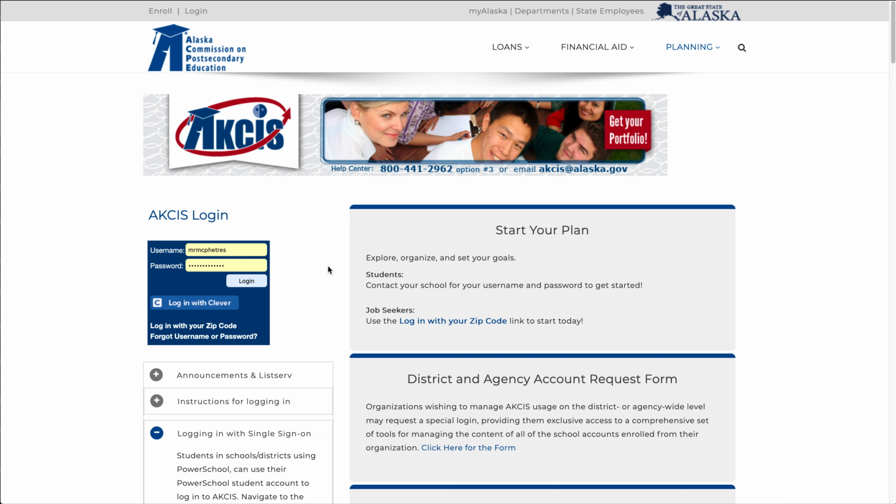Here's the deal on how to tabulate all your information for your resume. The first step is to get yourself logged into AKCIS.org. That's your username and password that we've been working with for quite a while. Once you have logged into the site,